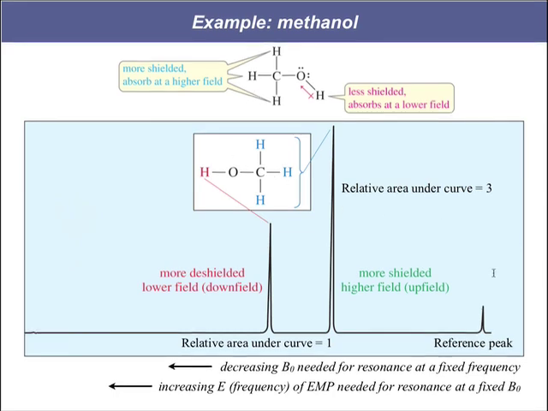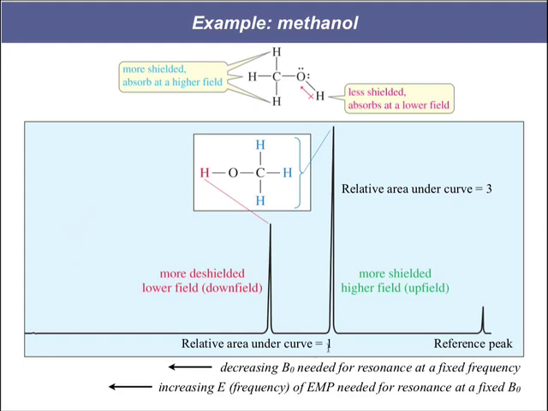So here is what our graph looks like. This is what our spectrum looks like. This is plotted on the x-axis backwards from how we're used to reading a graph. This is plotted in order of decreasing B0 needed for resonance. So over here, we have high magnetic field required for resonance. And as we go to the left of our graph, we go down in the amount of magnetic field that we need. The alternate way to think about it is that if we have low magnetic field required,